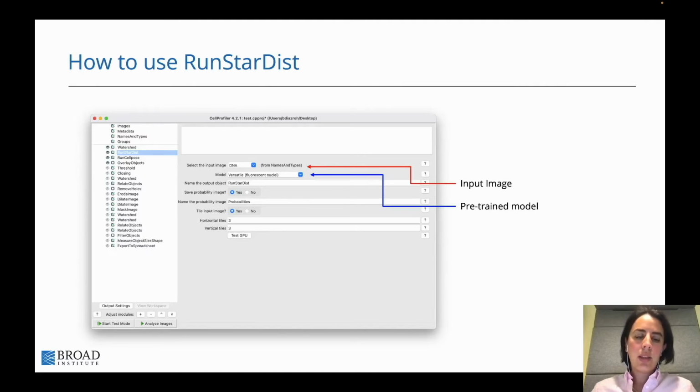The second input will be the model, so the pre-trained model. The RunStardist package already comes with a few pre-trained models, one being the fluorescent nuclei, another one being an H&E staining nuclei that you can use. But you can also use your own trained model here, so just by selecting custom, then it will give you a file path to then point CellProfiler to where in your computer the model is stored. And Rebecca will go over how to train your own models